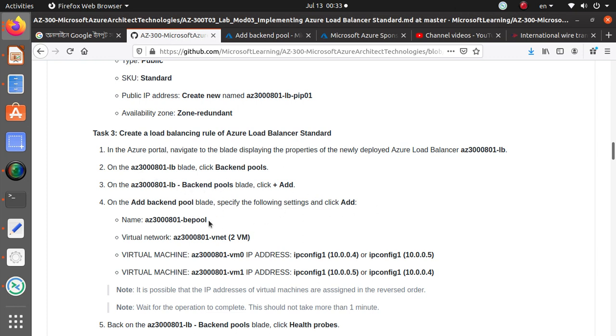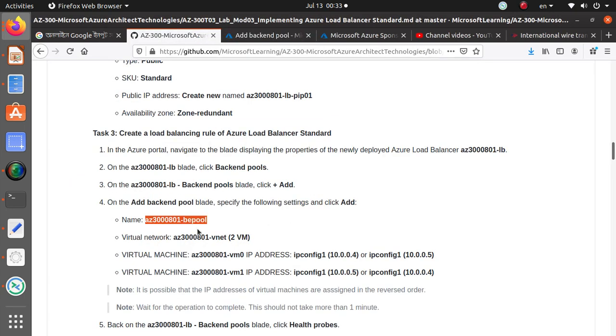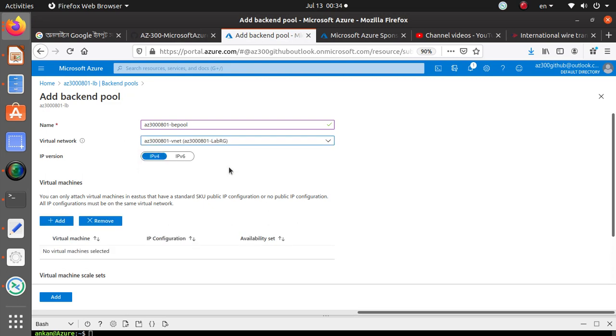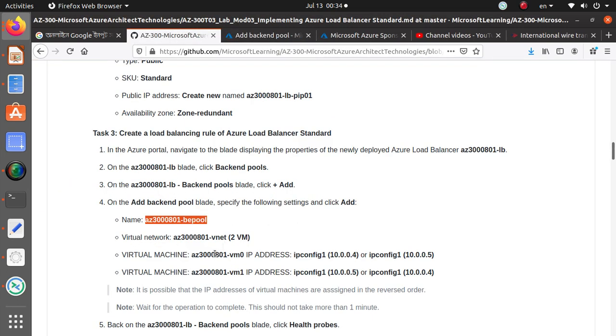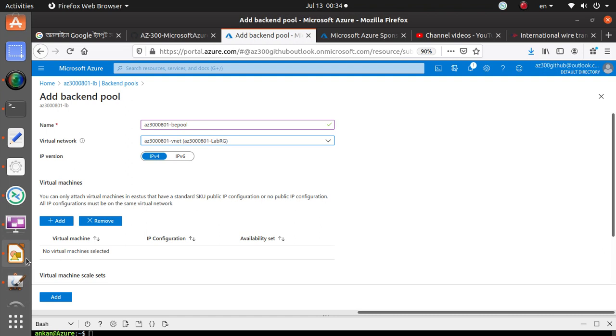So name BE means backend pool is what we're gonna create, and the virtual network is gonna be VNet 3.0. There is only one virtual network available, I think. Yeah, so you just click that one. So you got this virtual machine IP address and virtual machine IP address. Let's see from here, virtual machines. So in the backend pool, what you're saying, this is the virtual network. Okay, and if you think, we can